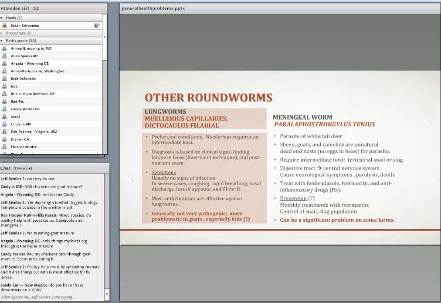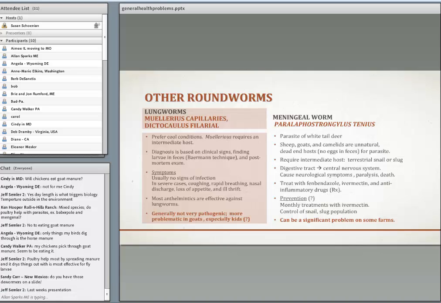How do you know if your animal has lungworms? Well, there's usually no signs of infection. You really don't know. Just because an animal coughs or has a runny nose, that doesn't mean it's lungworm. In real severe cases, you're going to see these respiratory type symptoms: coughing, rapid breathing, nasal discharge. They're just going to kind of go downhill. I think the lungworm is also opportunistic. If you're having problems with the stomach worms, which are far more of concern,